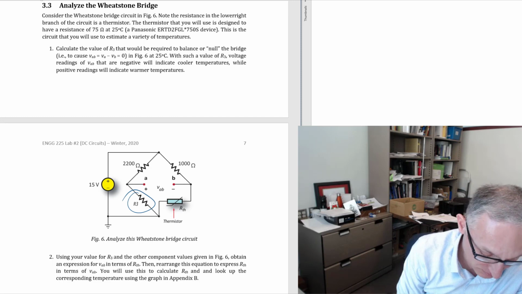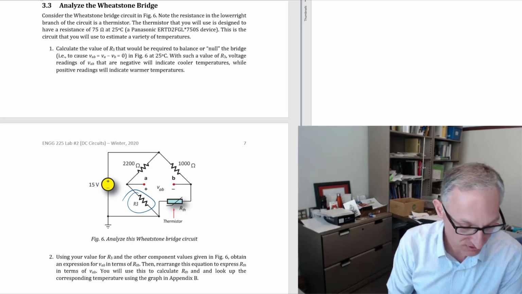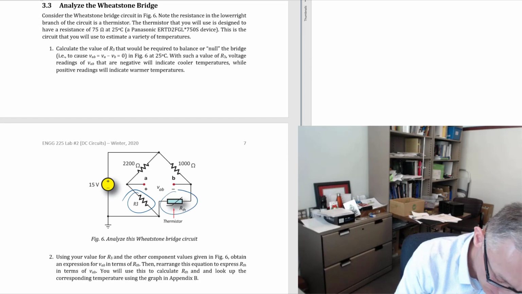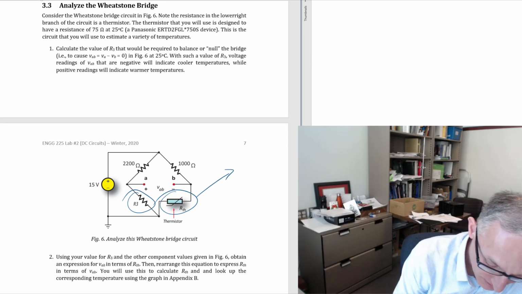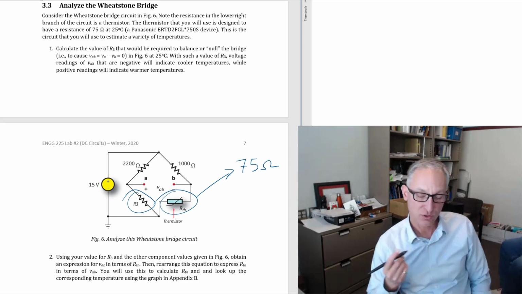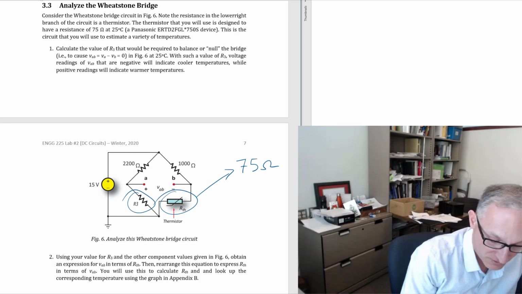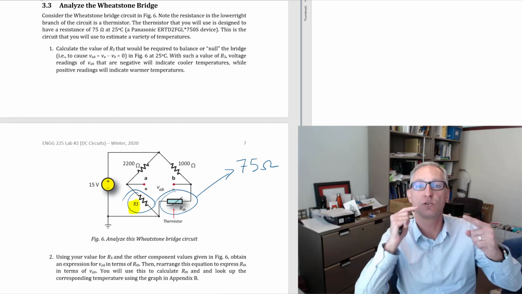Basically the ratios of the resistors have to make sense. This resistor here is going to be a thermistor, and at 25 degrees Celsius, it is going to be 75 ohms. So knowing that that's 75 ohms, you need to specify the value of R3 so that that Wheatstone bridge